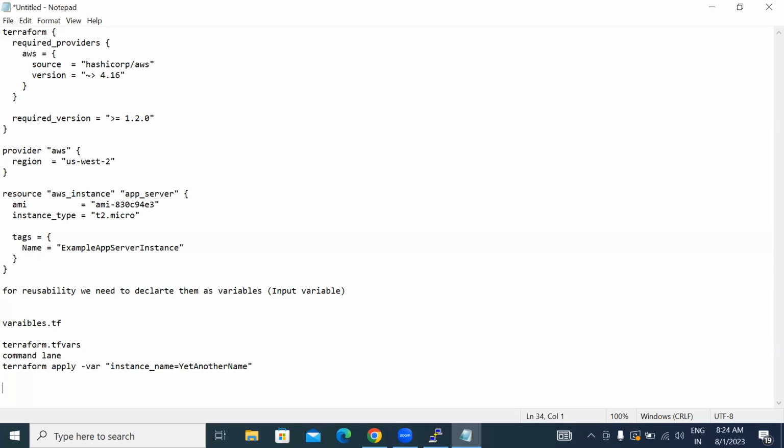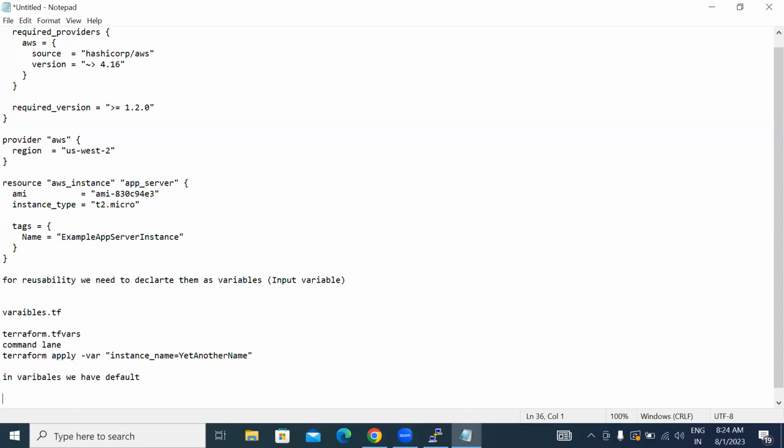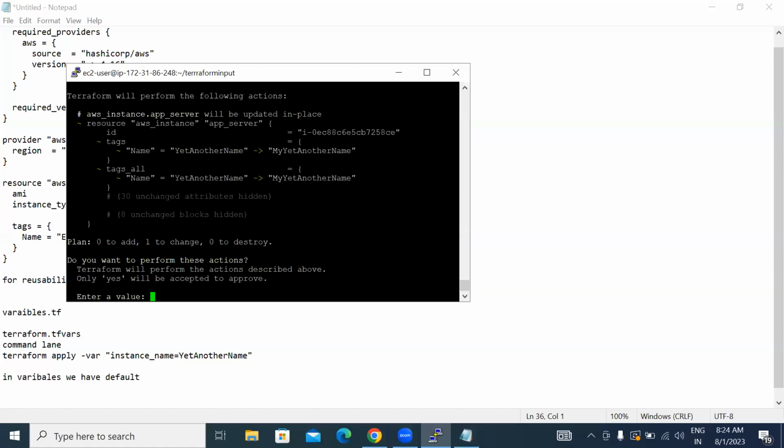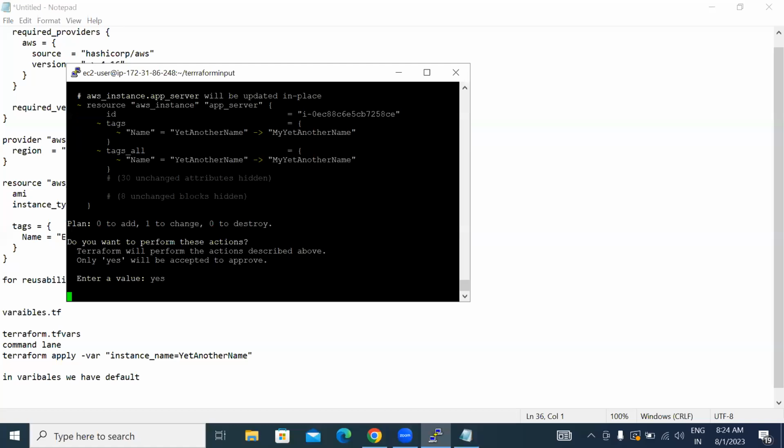Otherwise, in variables we have a default value. That means when we declare the variable, we give a default value. What is the default value we given? For example, app server. From that it will take. Okay, so another method is here, I'll give it as